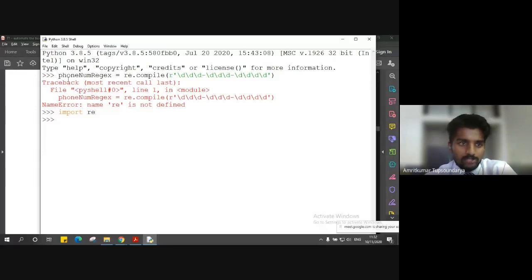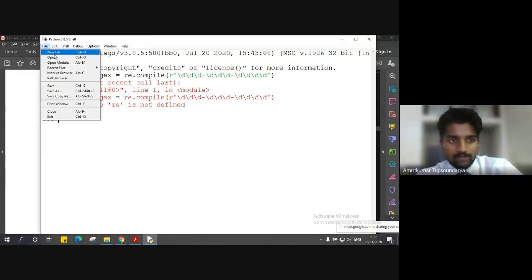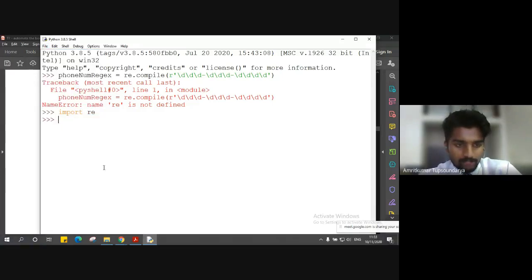The best way is to go to File, create a new text file, which will be saved as a Python file, and import those modules in that file. Whenever you want to execute, you can execute the Python file itself. That is one way to do it.